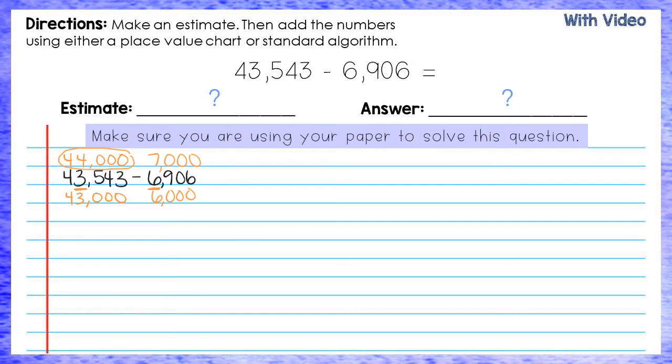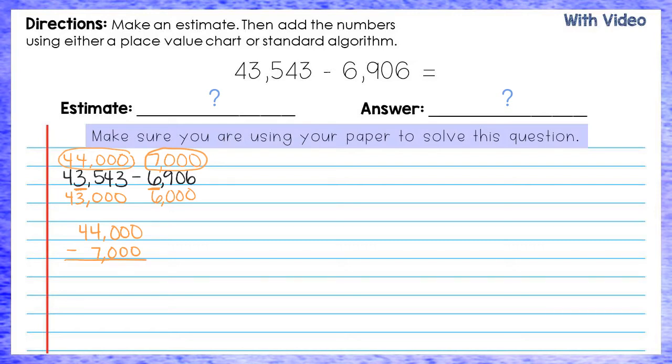Which do you think it's closer to, 6,000 or 7,000? Even though it starts with the 6, it's actually closer to 7,000 because 900 is much closer to the next 1,000. So we're going to subtract these two numbers, 44,000 minus 7,000,